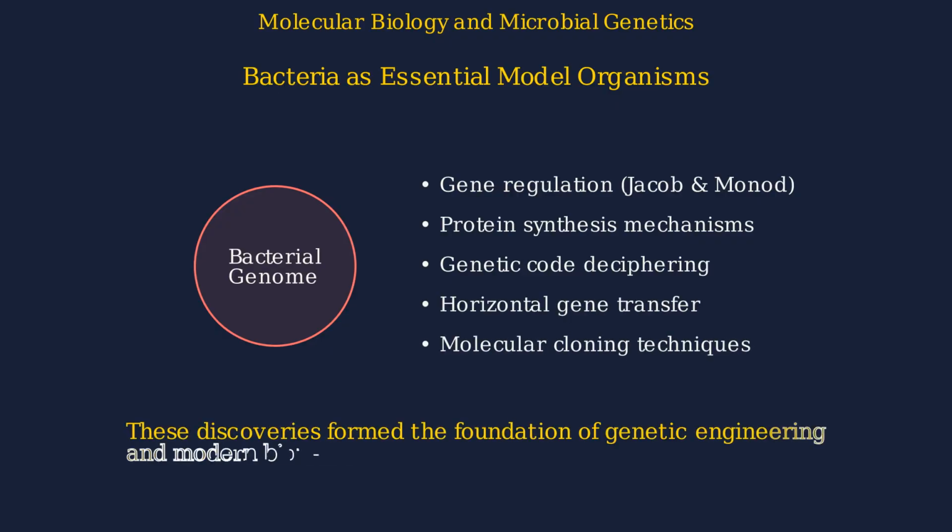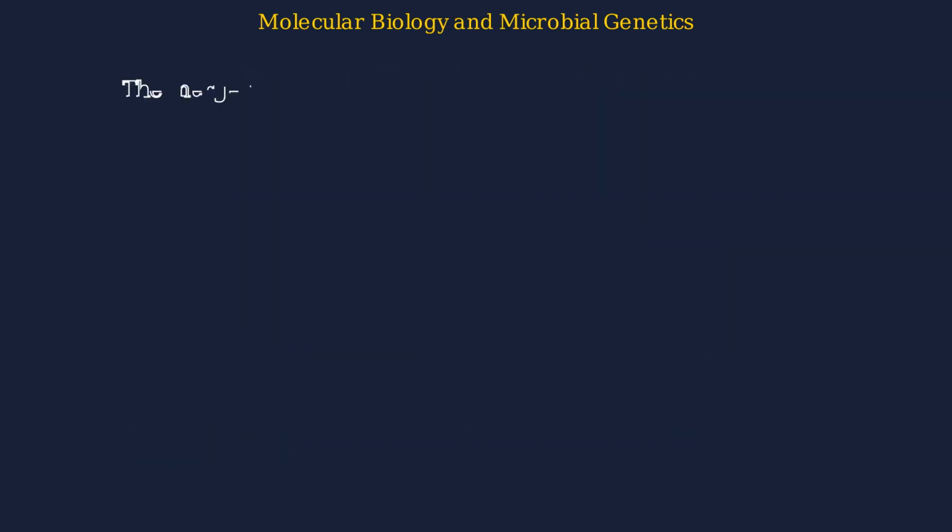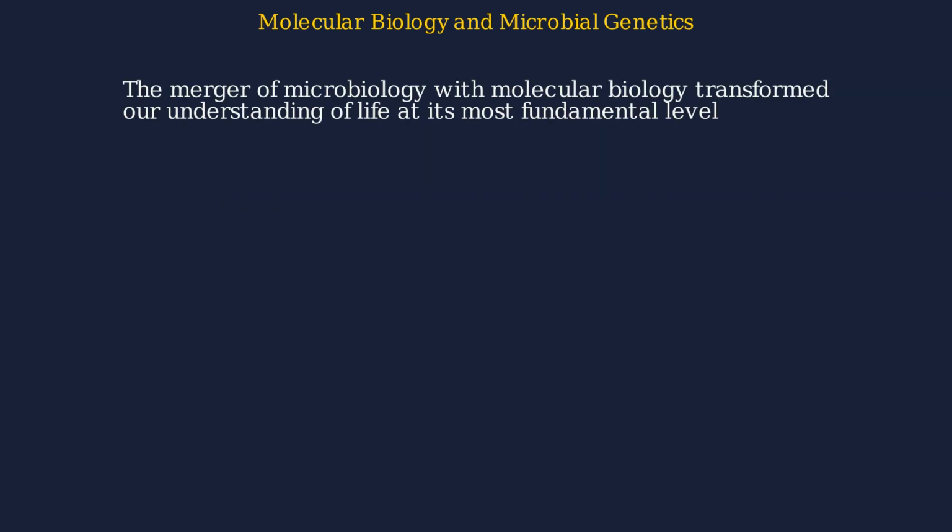François Jacob and Jacques Monod's work on the lac operon in E. coli revealed how genes are turned on and off, a discovery that earned them the Nobel Prize and revolutionized our understanding of gene regulation. The mid-20th century convergence of microbiology and molecular biology fundamentally transformed our understanding of genetics and